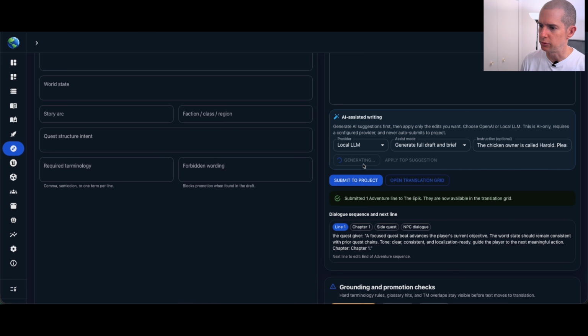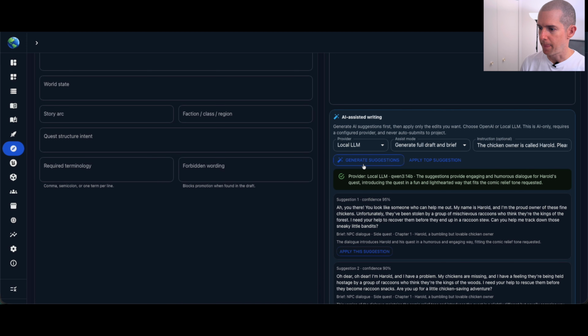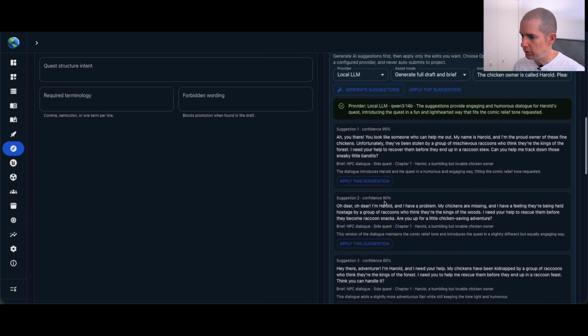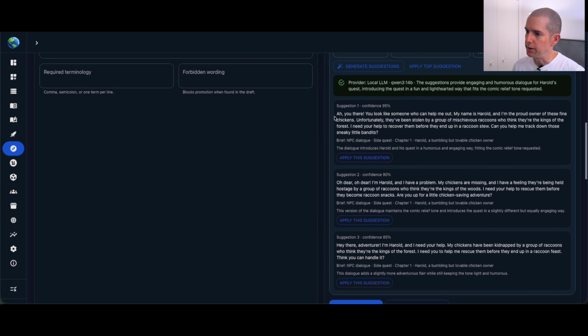And I think it's also important to mention, while this is generating, you are free to do whatever you need in this project. There you go. Now it generated. So it actually added 3 suggestions. I'm going to say, okay,